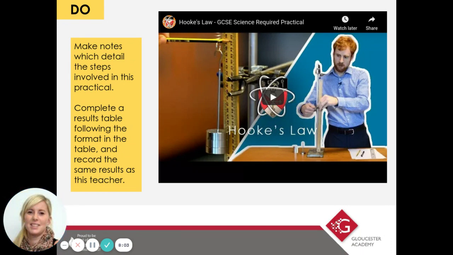He'll also then give you some data in a results table, and he will show that to you. So you then need to draw a results table. So I should see in your books, when you send me the picture of your work, the kind of 1, 2, 3, 4, 5, however many steps there are for the method, and then underneath a results table, and then we can talk about the results.